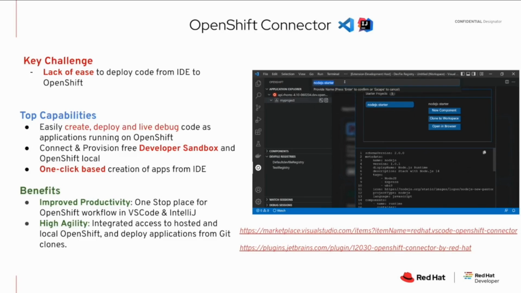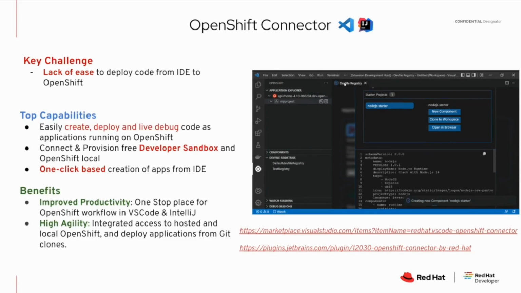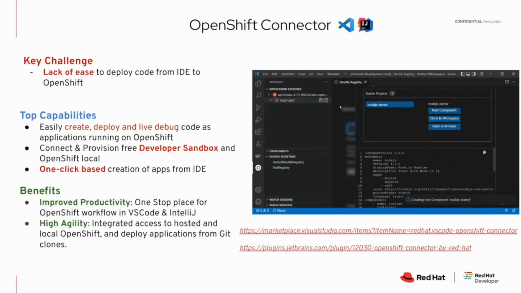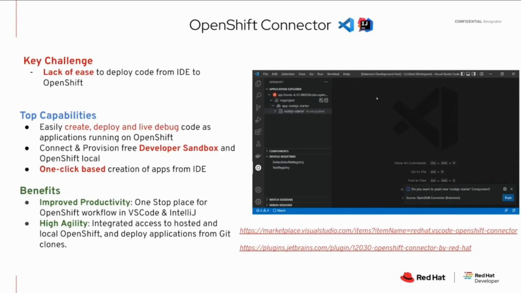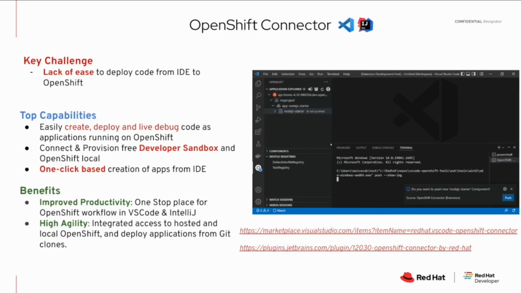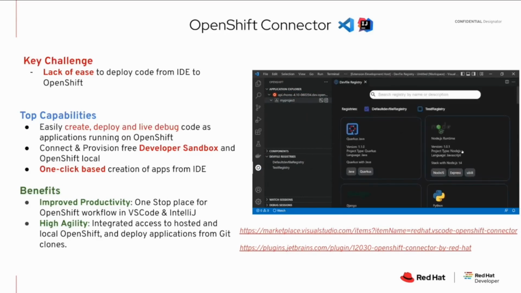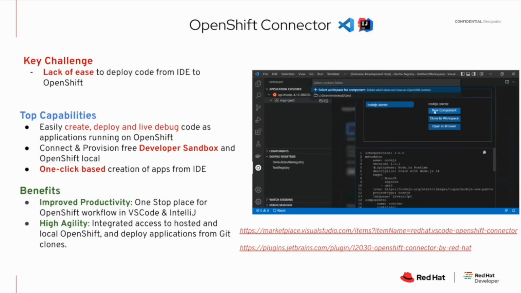One of the key ones is called the OpenShift Connector. From your IDE, once you install this extension, you would then be able to deploy directly into an OpenShift from your code. So while you're pushing into Git, you get connected into your Git branch, you connect it into even your local branch, and now you'll be able to have it running on any OpenShift of your choice. The advantage here is you can now see it running as a container, and you can debug it. You can share the route when it's running on OpenShift with the rest of your teams, even your stakeholders. And so people can then see what you've done and it's running over there.